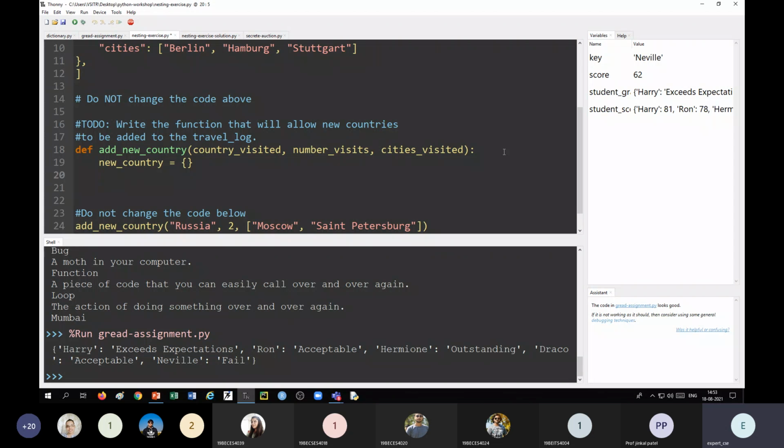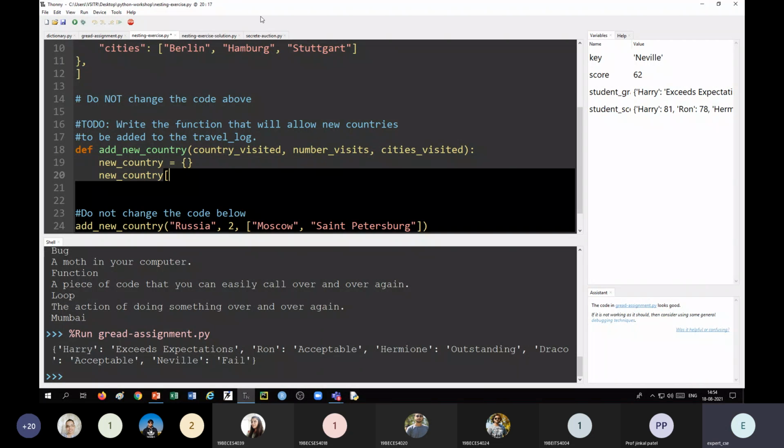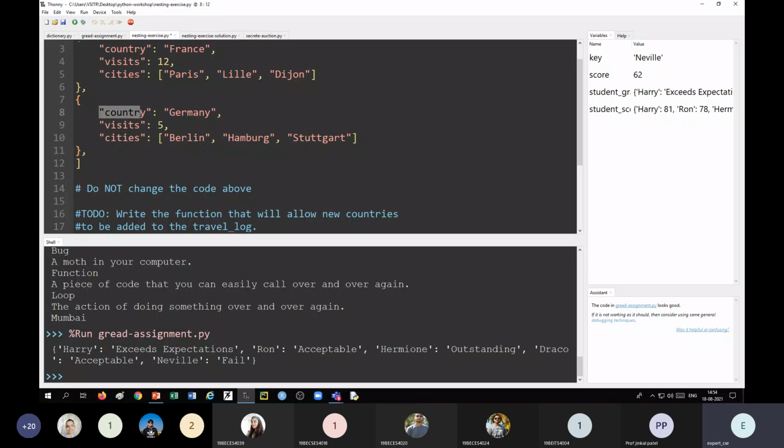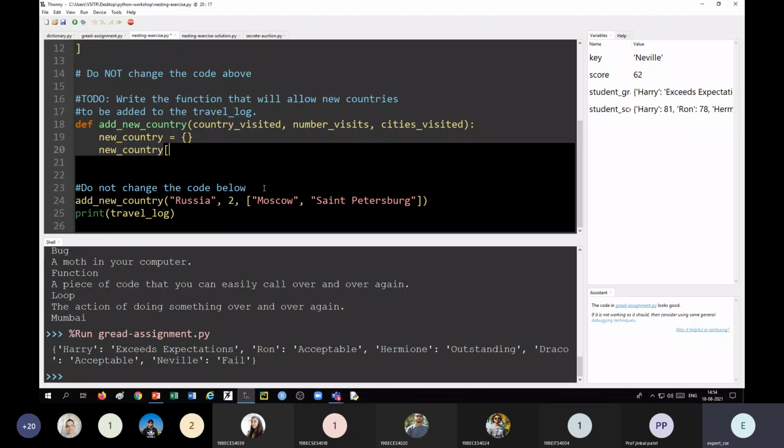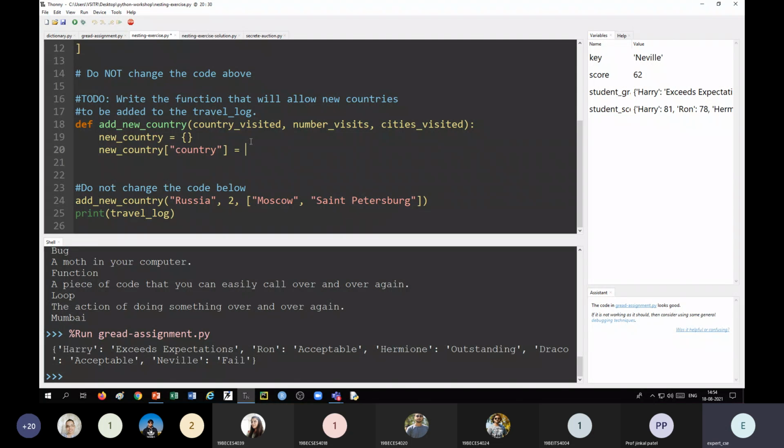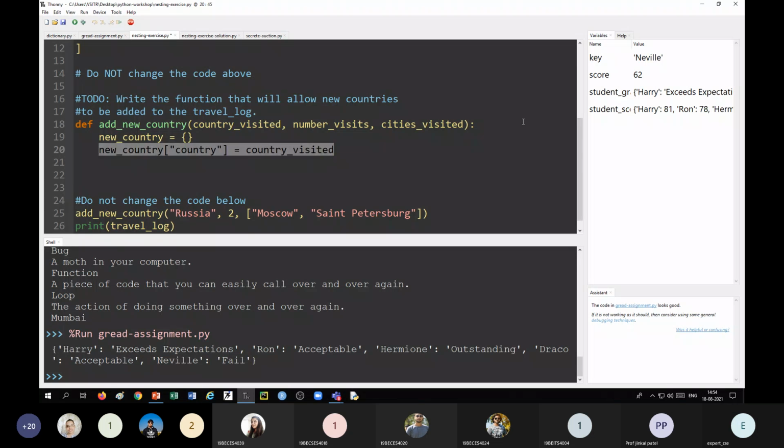So we can say new country, in brackets, first key, that is country, is equal to first value. Value is what? Country visited. Next key is what? Visits.